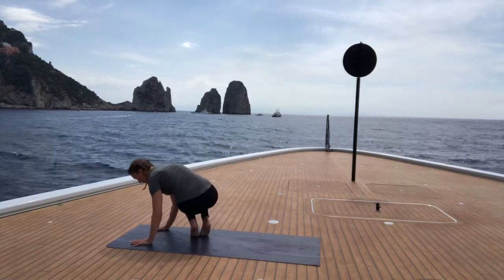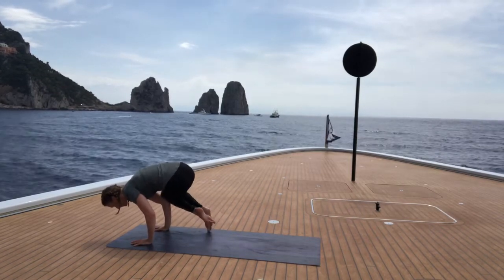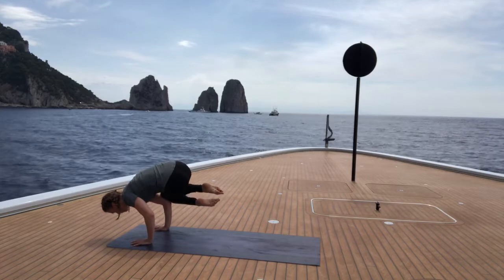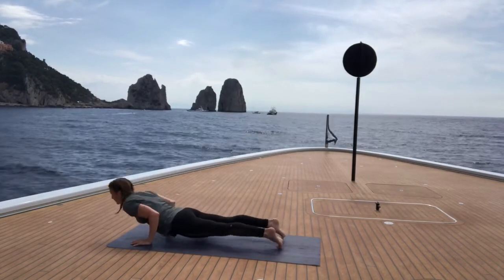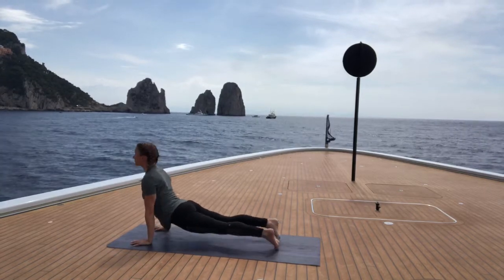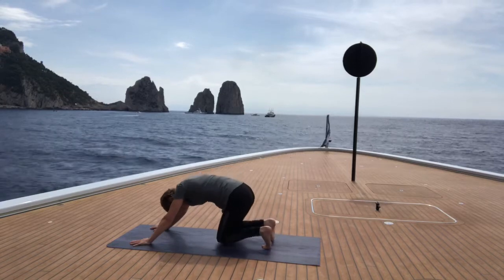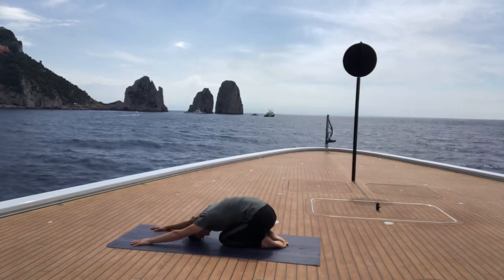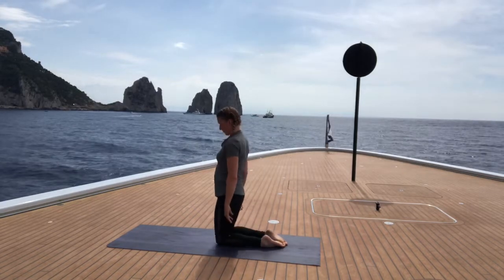arm balance, placing your hands down, the weight forward, and lifting your heels off the floor by balancing into your right arm, extending the legs back into plank, exhaling down, inhaling up, and exhaling, lifting back again into downward facing dog, coming down onto your knees and into pose of a child, lifting up the chest, coming up onto raised